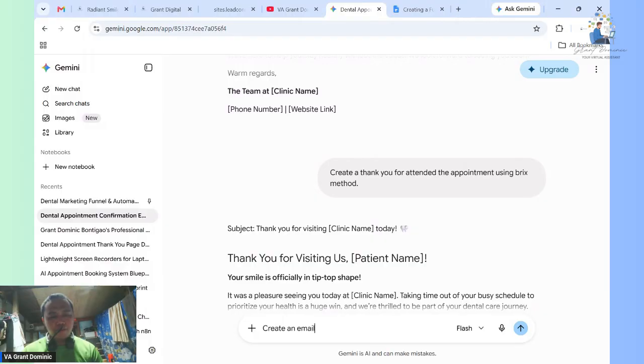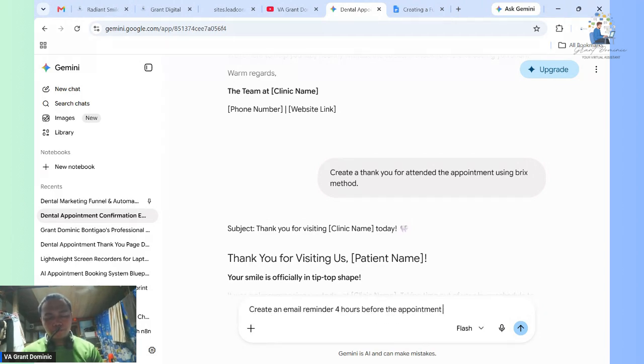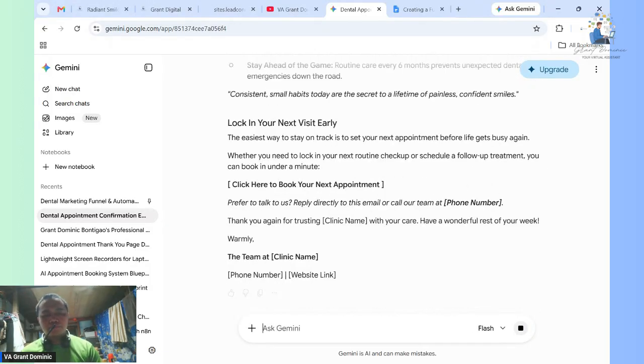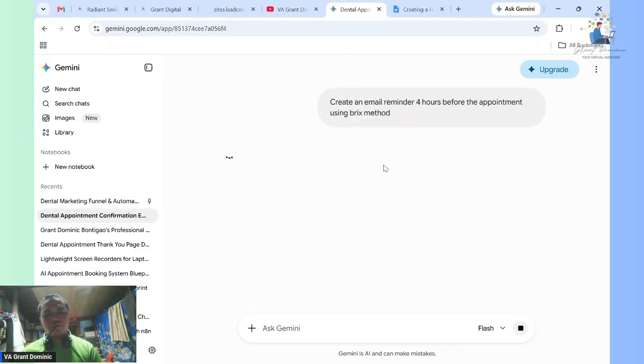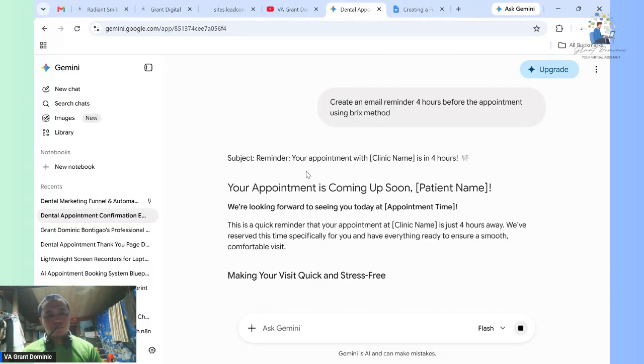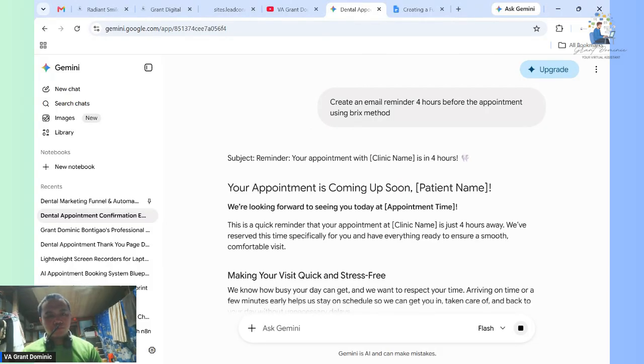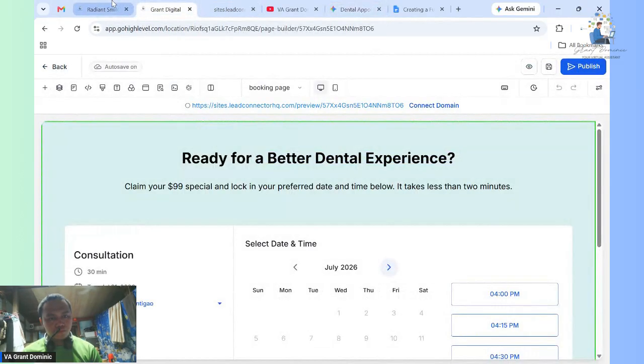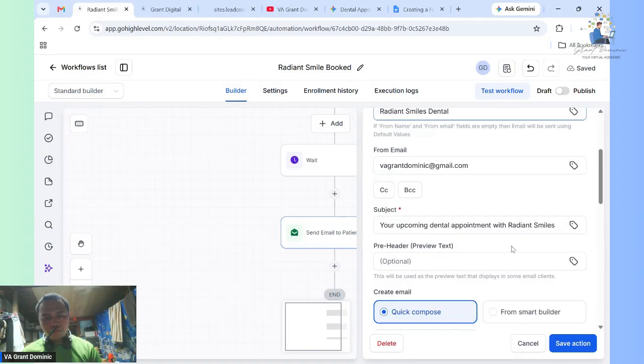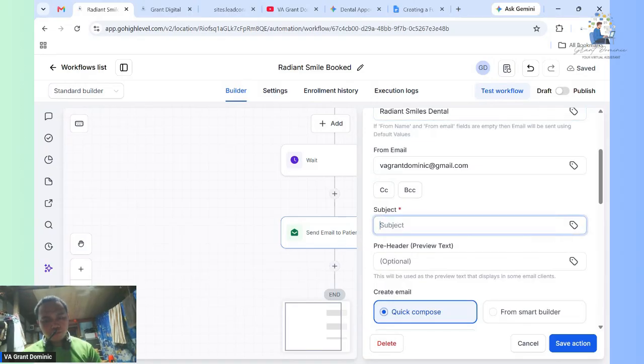Create an email reminder 4 hours before the appointment using the Bricks method. So we will copy this.